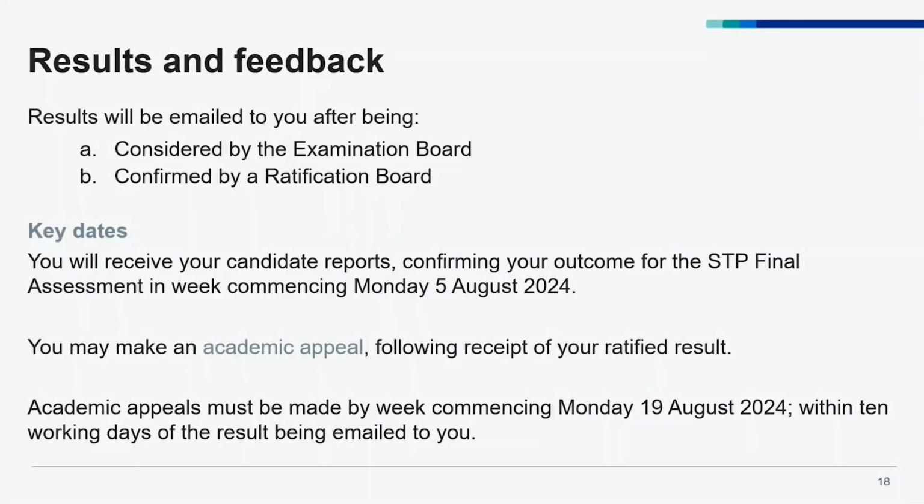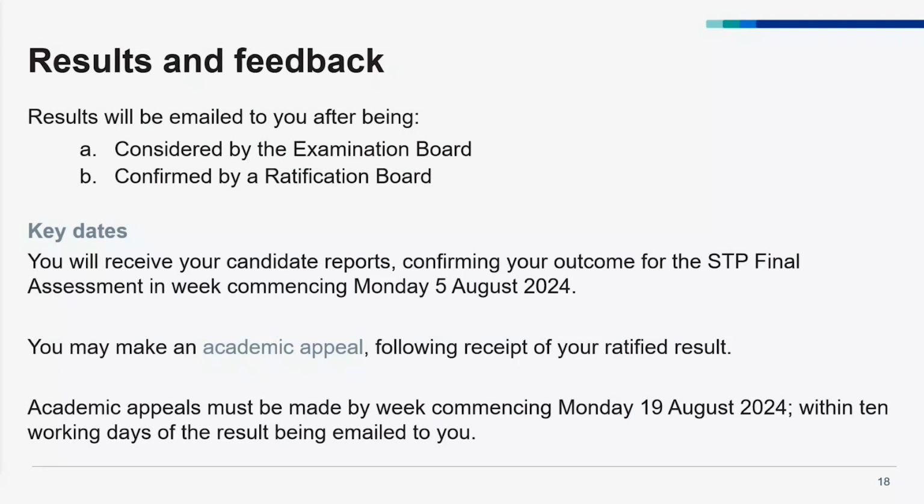So you've survived the IAC, you've got through your interview. Let's talk about the results. There's a lot of processes that go on behind the scenes once the information from the IAC is submitted, and a lot of quality assurance needs to take place to make sure that the feedback and the results are not only confirmed, but are constructive as well. So we collate all of the feedback and then we liaise further with the panel to ensure that the feedback and the results captured reflect exactly the experience of the interview.